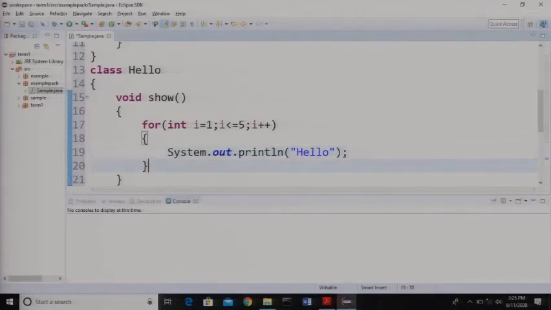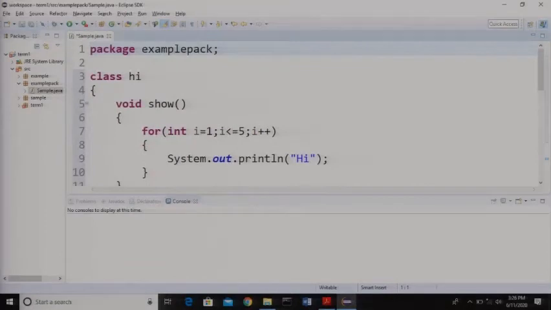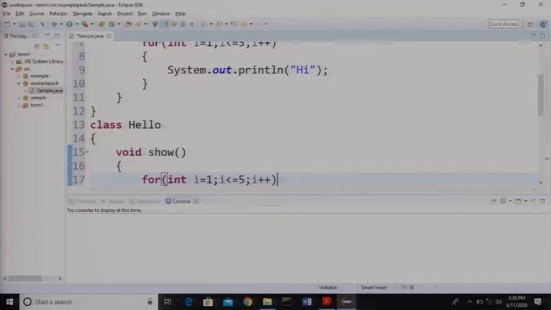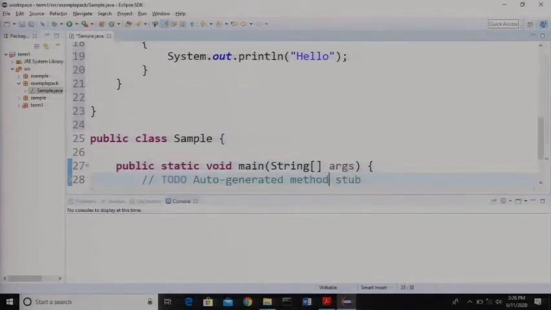That's the change. Now, this is our hi class in which we have a show method, and we have a loop that iterates 5 times to print the hi word. Similarly we have done this for hello also.